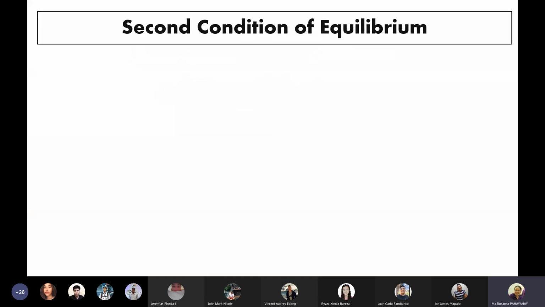Okay? So, for the second condition of equilibrium, definitely, you know that the summation of moments along a system should be equal to zero, okay? So kung nakalimutan nyo na yung diniscuss natin yung introduction on the second condition of equilibrium previously, we used two versions or two solutions. We have the scalar solution and we have the vector solution. Now,